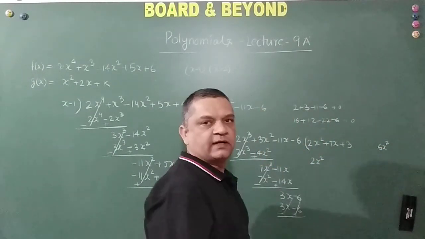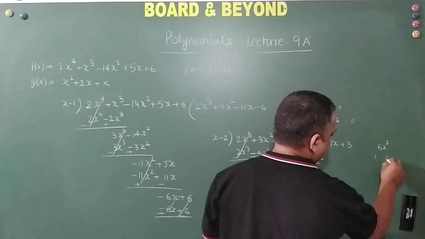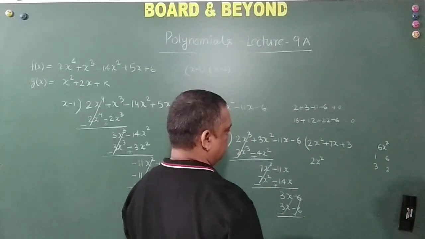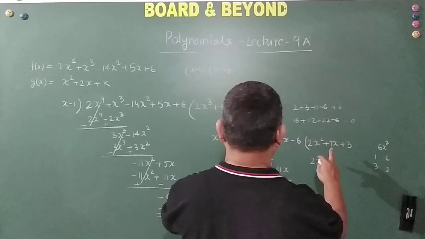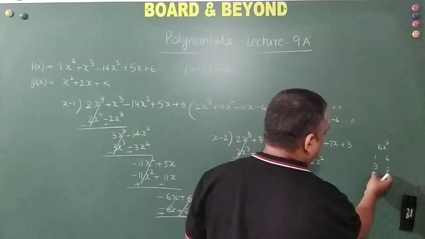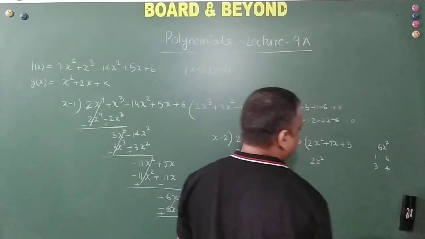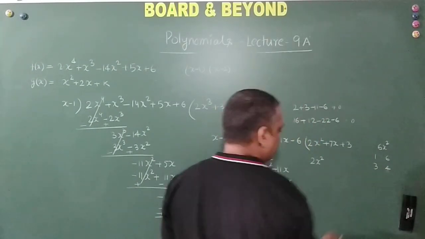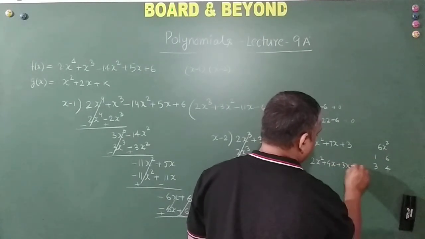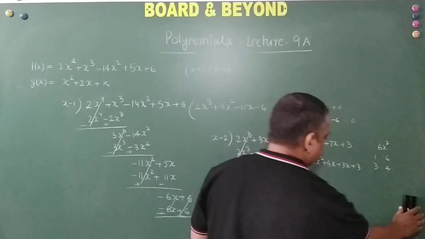So the options are 1 and 6 or 3 and 2. 3 into 2, but the sum will not work; 3 into 4, the sum will work. So plus 4x plus 3x plus 3. The product is,